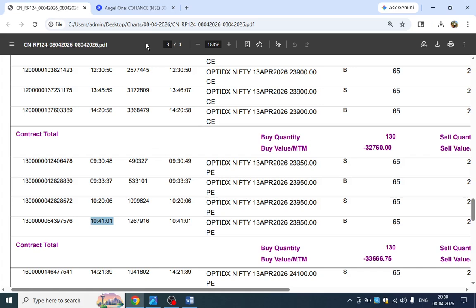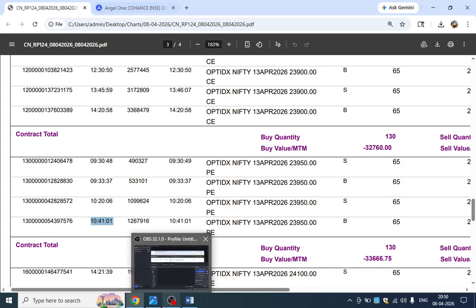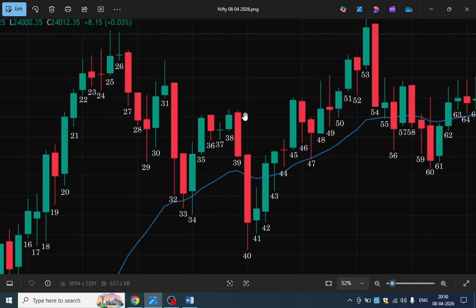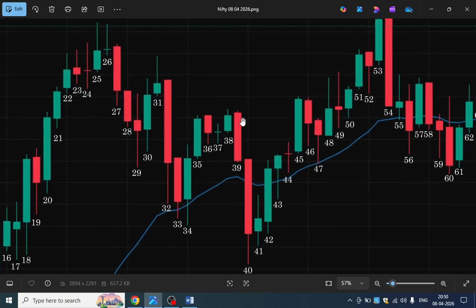So I sold a call at around this point, at the top of bar 39. I was thinking that this was a double top and the market would eventually test this